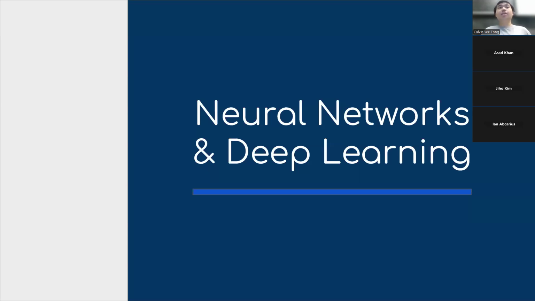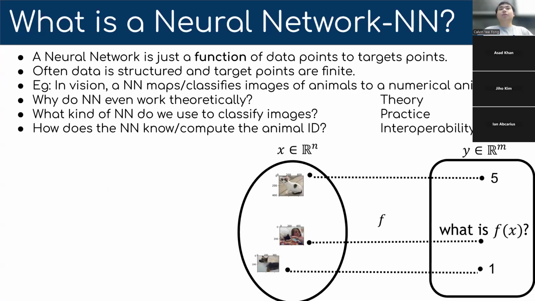So first off, you may ask what a neural network is to begin with. Simply put, a neural network is just a function. It maps data points to target points, per se. Often, the data is structured, and these target points are finite. So one common example that you might be aware of is in